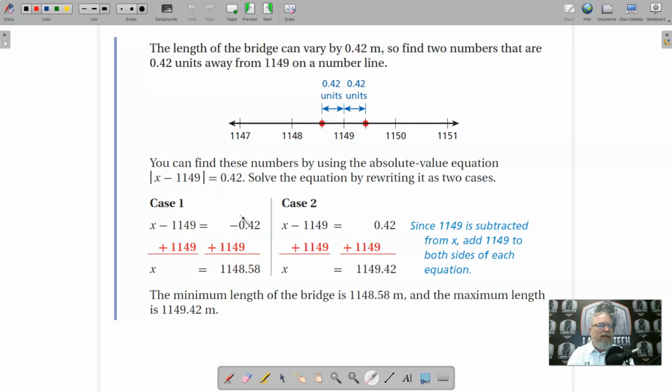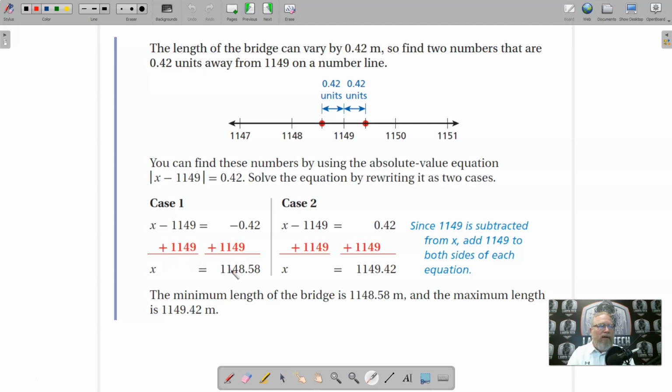Remember, we want a case in which the answer is negative. We can see here negative 0.42, and case 2 where the answer is positive, we have a positive 0.42. Solving for each of those, we're going to add 1,149 to the left, and what we do to the left, we're going to do to the right, and we end up with